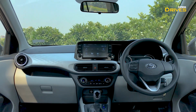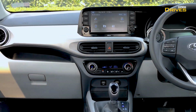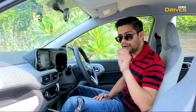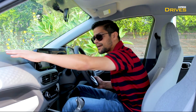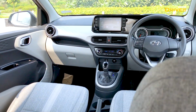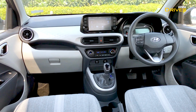Now the dashboard has got different contrasting colors, it really looks good, and this honeycomb effect given here really sets it apart from anything else. It's got a very good touch feel to it, so the material quality is quite impressive. Even the black top part here, the plastic quality is good, the build quality is good, so you will find a lot of consistency in terms of panel gaps,